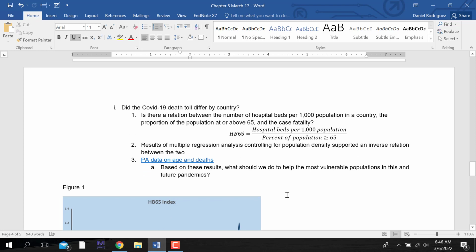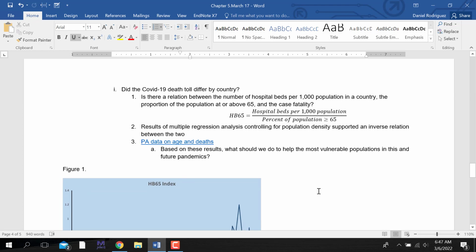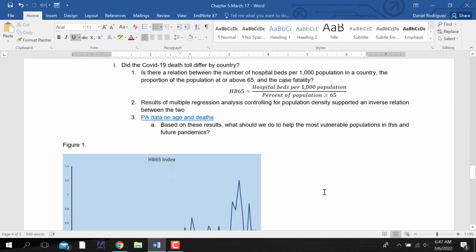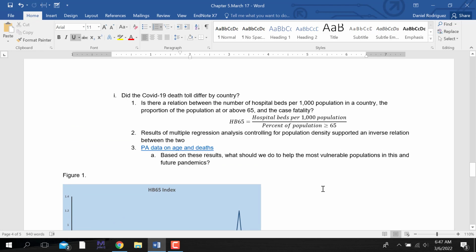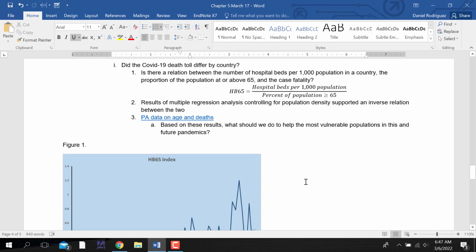So this is something that I did. This was something that I just came up with on my own because, obviously, like all of us, we were sitting at home, and they say the devil finds things for idle hands to do. My expression is the devil finds things for idle minds to do. I was sitting around trying to figure out what's going on, as all of us were. So I started looking at the data every day, and one of the things I thought about in relation to the dependency ratio was: do countries that tend to take care of their senior citizens have lower case fatalities